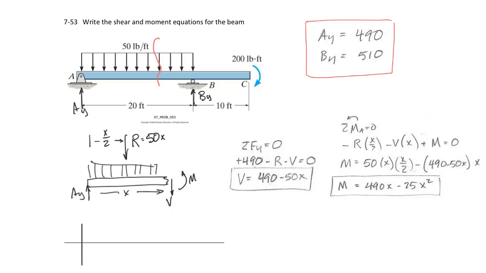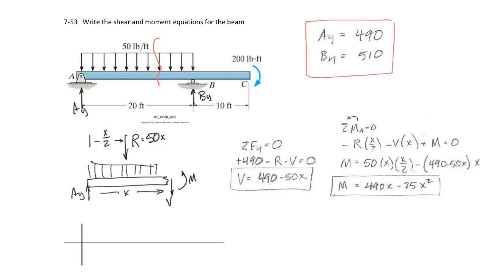All right, how do I get some shear equations? Sum of the forces in the y is equal to 0, so I have 490, which is AY, minus the resultant, which is 50x, minus the shear, and I get this as the shear equation. The moment equation, I'm going to sum the moments about point A. I got minus the resultant times x over 2, minus the shear times distance x, plus moment is going to be equal to 0. So plugging shear into,